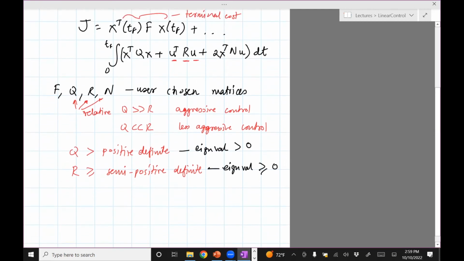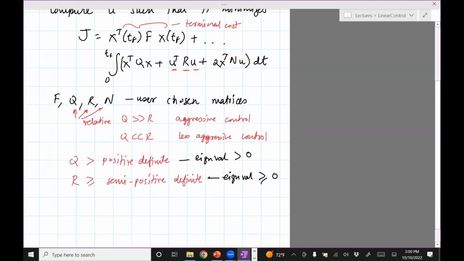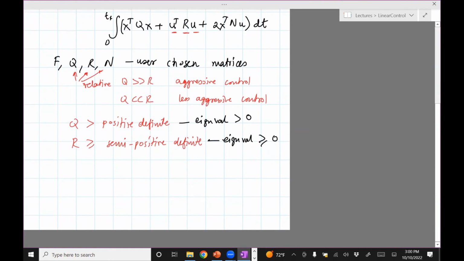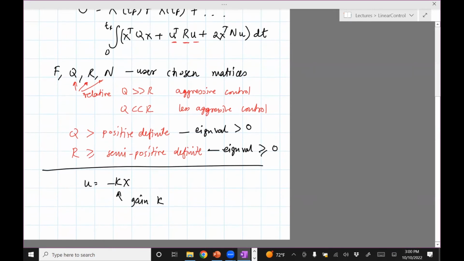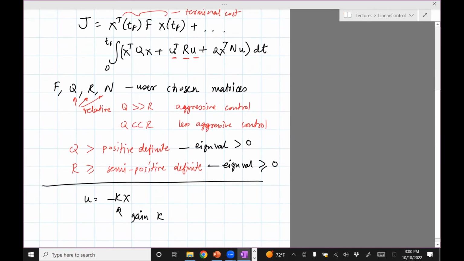Well, there's a whole derivation on how to compute the, okay, so before I do that, it turns out that the solution to this is similar to the solution of the pole placement. So there is a gain K, which comes out from solving this optimization. Now there's a derivation which goes in how to get that K, and that derivation is based on the fact that when you have